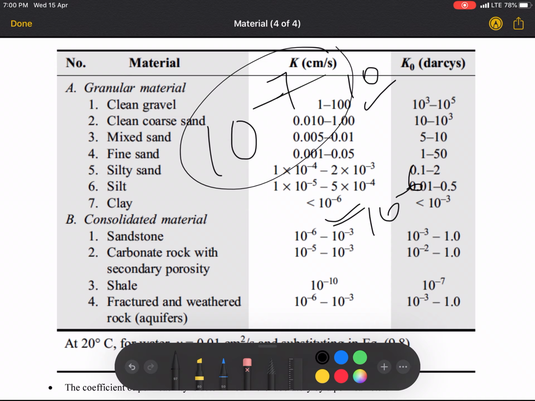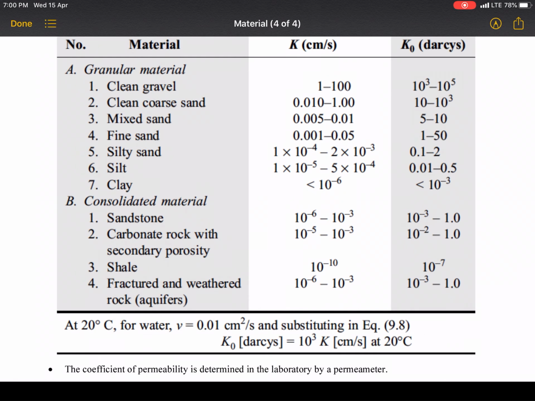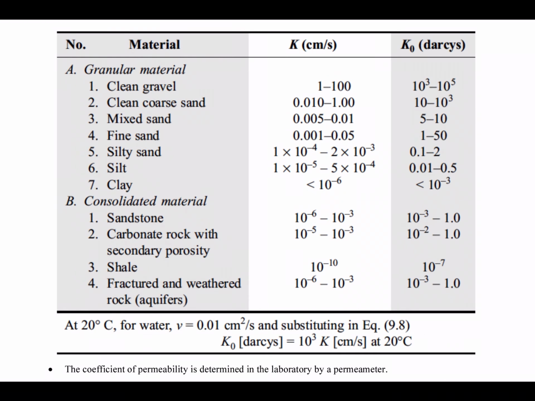Okay, so I think I will stop here. In the next lecture we will be dealing with well hydraulics. So till now what we have covered: aquifers, types of aquifers. Now we have seen Darcy law and the permeability or hydraulic conductivity. Now we are going to use Darcy law and permeability in calculating the yield of the well. So we will deal with well hydraulics in the incoming lecture.